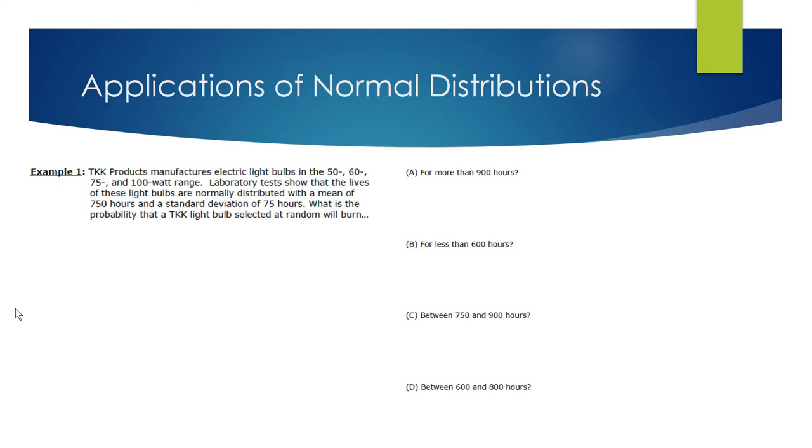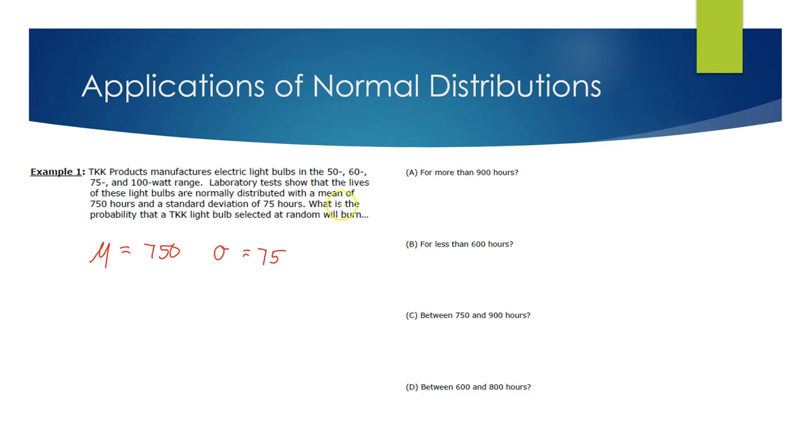Okay, so as I start this off, I have to use the fact that they did give us the mean and the standard deviation as 750 and 75 respectively. Now, these are all x values. I'm looking for more than x being 900, less than x being 600, and so on. I have to be aware that, again, the table is good for the less thans. The more thans, I have to make sure I'm using symmetry or doing 1 minus the probability of something else,